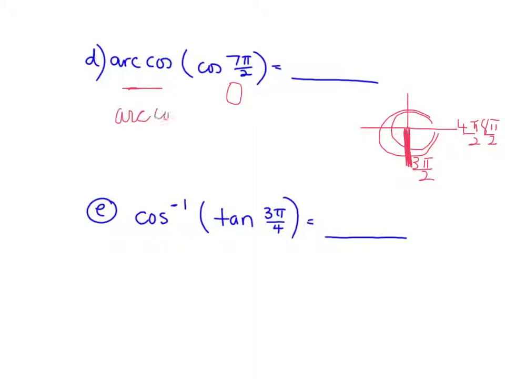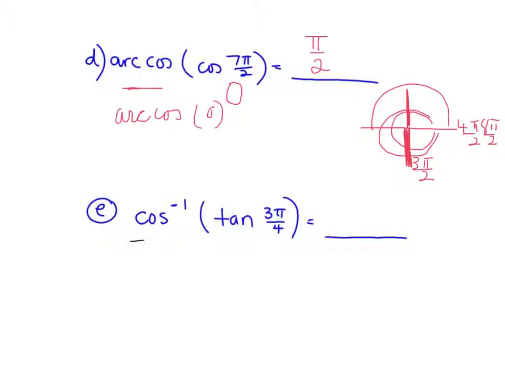So the arc cosine of 0, right? Where is the cosine equal to 0? You might be tempted to say here, but it's actually here, because this is the domain of arc cosine. So it's going to be π/2. You may start to see a pattern. Right here you see this is π/2, 7π/2, it's still over 2, right? So the arc cosine will be π/2, or within the inverse. All right, on E